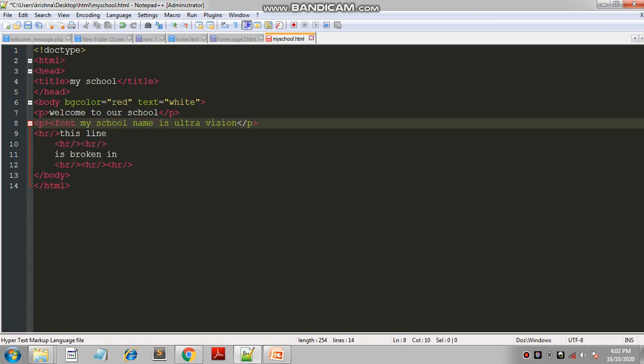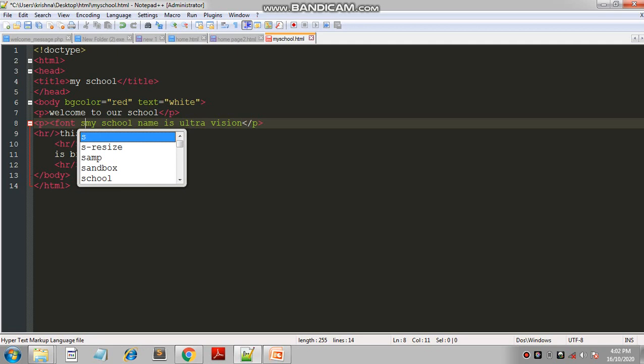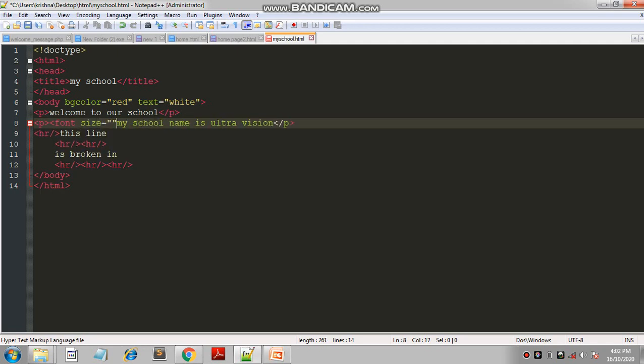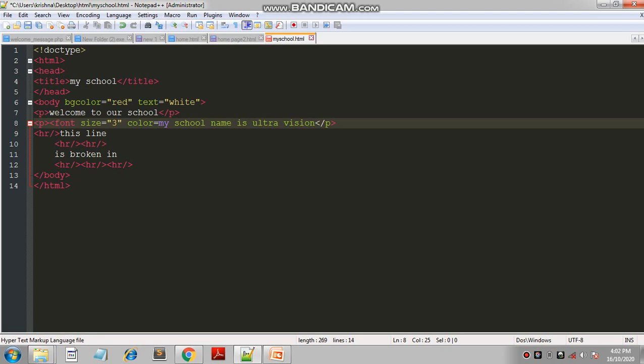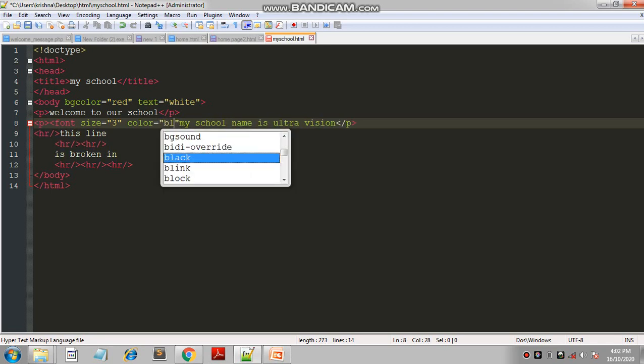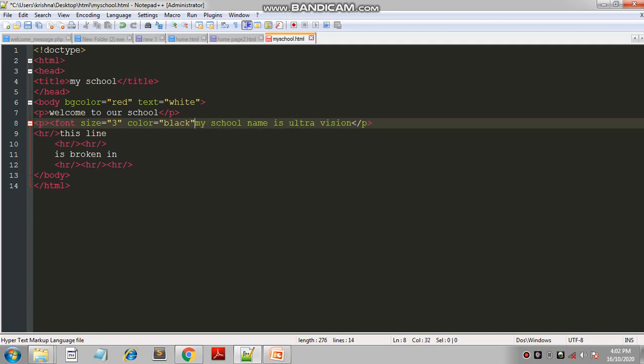Now we want to give a font size of 3, then font size is equal to, in inverted commas, 3. Next we want to give a color to a particular sentence, then we use color is equal to black.